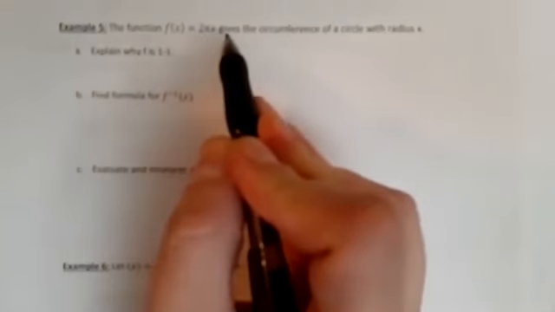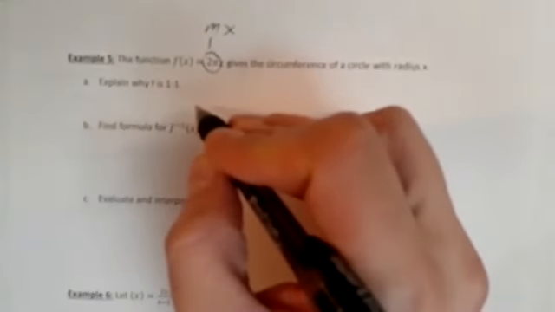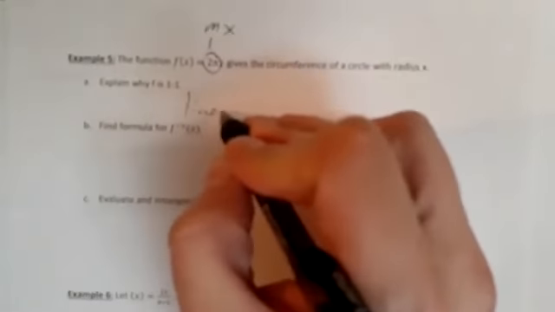If we think about this as f of x equals 2 pi x, we talked about different kinds of functions. It's kind of silly, but you can think of 2 pi as your slope, so this just looks like mx. Hopefully you recognize this is a linear function. So you could think of the circumference compared to the radius as a linear relationship. And if we have a line, we talked about it on the previous page, lines pass the